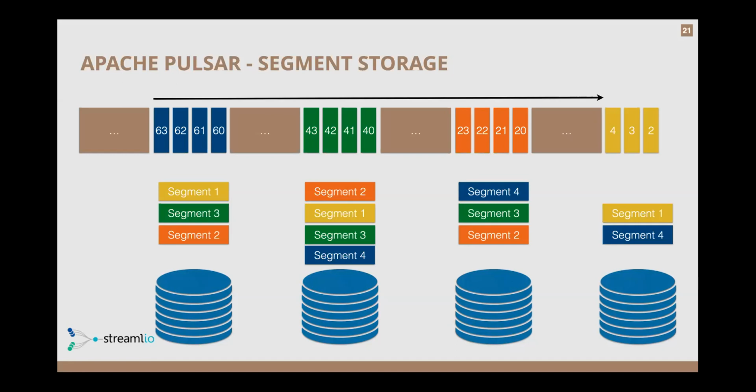Once that segment is written, it can become sealed, and then it is replicated simultaneously across three separate bookies down here at the bottom. So segment number one can be stored in the first one, and then the third one, and then the fourth one, as you can see fit. The second segment, etc. Once that segment's closed, you open another one, keep appending the messages, but you spray the data out across multiple disks. That way, not only do you have redundant copies, but when you come back in to read it, you can also access multiple disk drives and have that scalability come back out when you read the data back out.